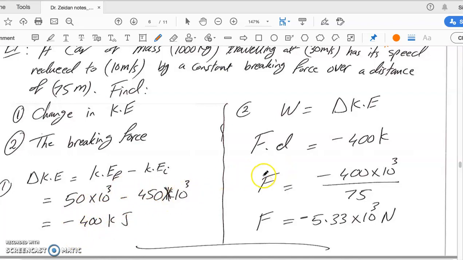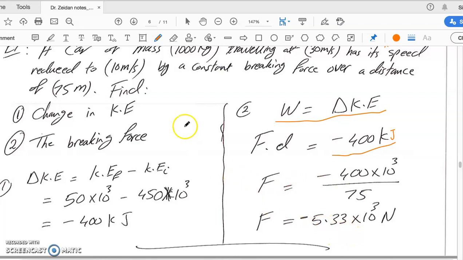And okay, here the solution is different. It says we know that the work is equal to the change in the kinetic energy. The change in kinetic energy is minus 400 kilojoule. Here we should have said kilojoule. Now the distance is known. The work itself is F times d. So we just simply divided this by 75, and the force will be